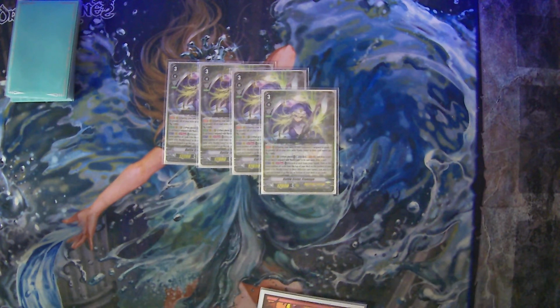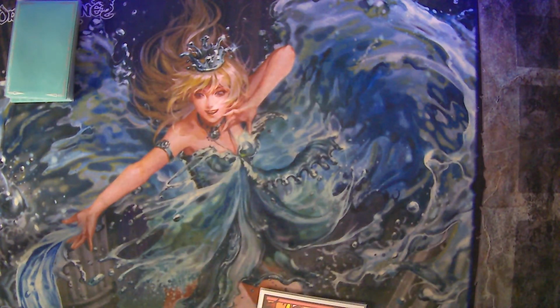This is the number 1 way of top decking your over trigger and putting it on top of your deck. You get a sneak peek at your next 6 cards if you're able to get 6 different Battle Sisters on board, which is not a problem for this deck. Next, we play 4 copies of Battle Sister